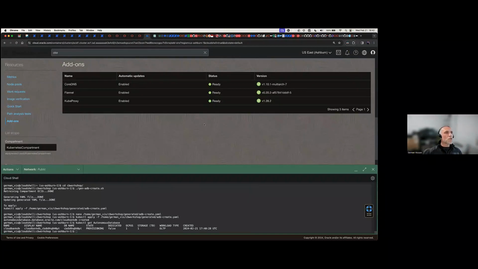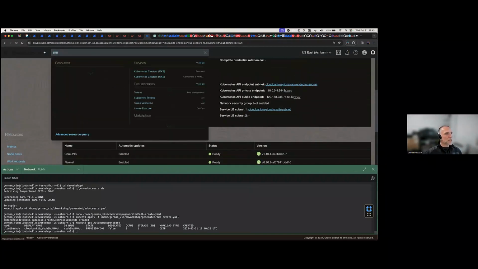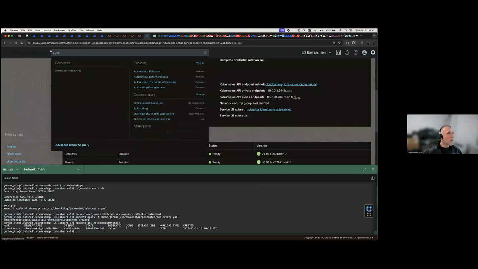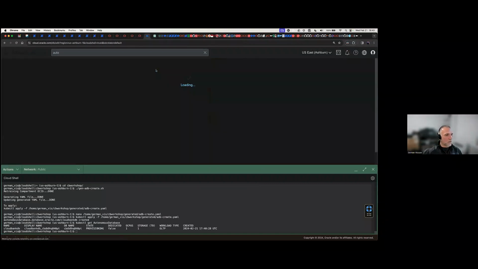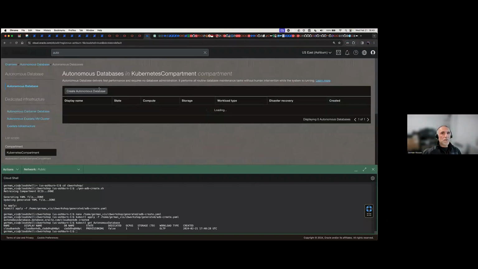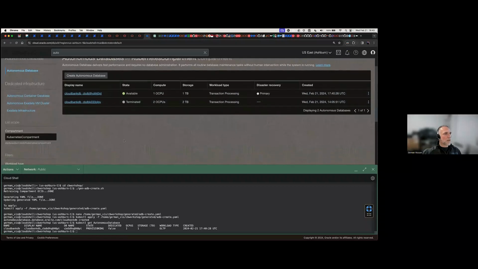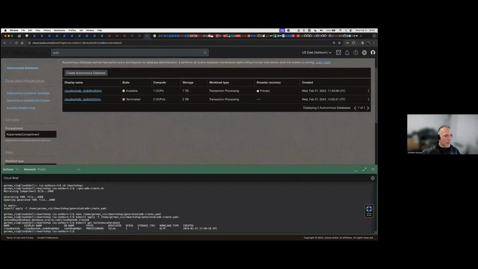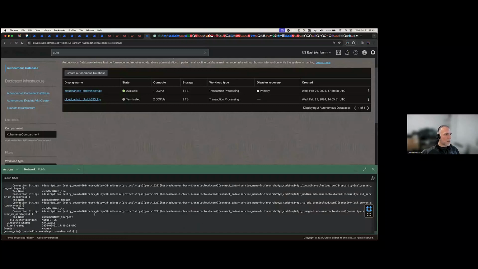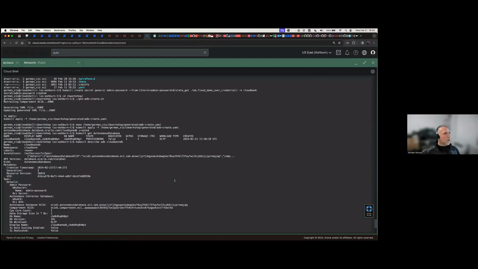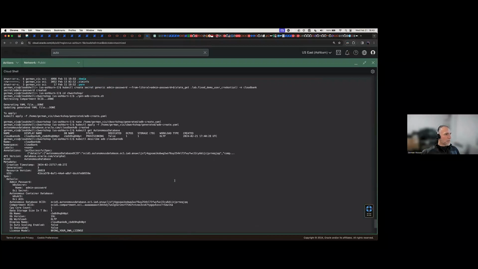All right, so let's go back to autonomous. Okay, so it's available. So we keep going. If you do this command, like the describe command, we can actually take a look at a lot of information from the database, okay?